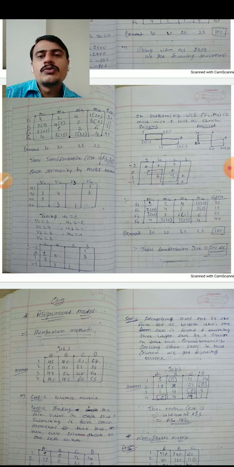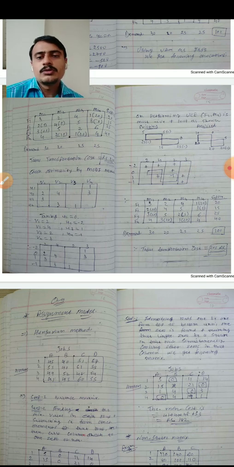Then taking any one value of U1, U2, U3, U4, V1, V2, V3 and V4 as 0, here we take U2 equal to 0. To find the other values: V1 is equal to 2, V2 is equal to 4, V3 is equal to 2, V4 is equal to 3, U1 is equal to minus 2, U3 is equal to 1 and U4 is equal to minus 1. We find these from the equations: U1 plus V4 is equal to 1, U2 plus V1 is equal to 2, U2 plus V2 is equal to 4. Check all the equations and find the other values.